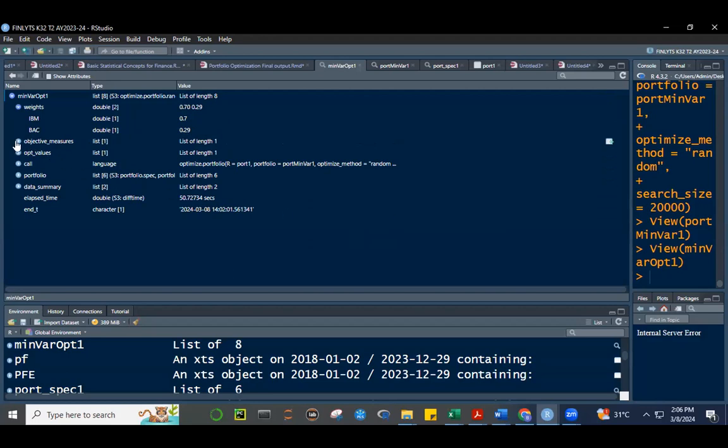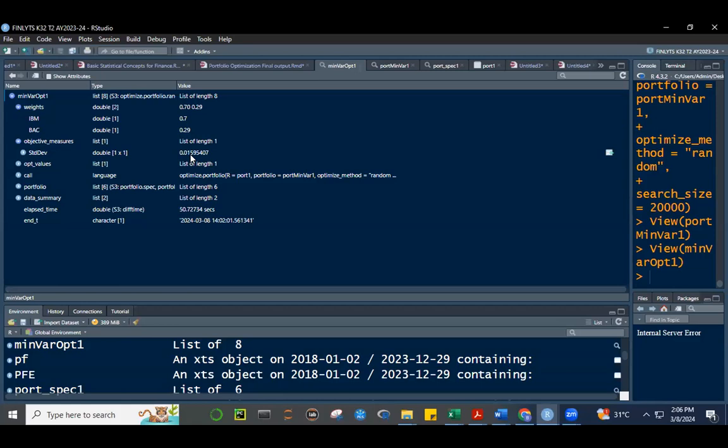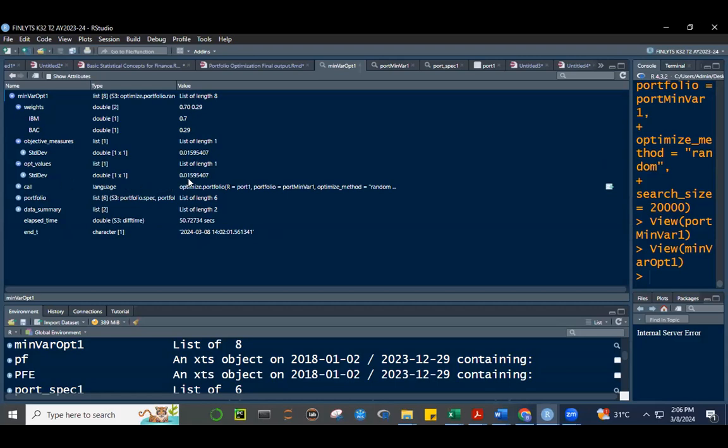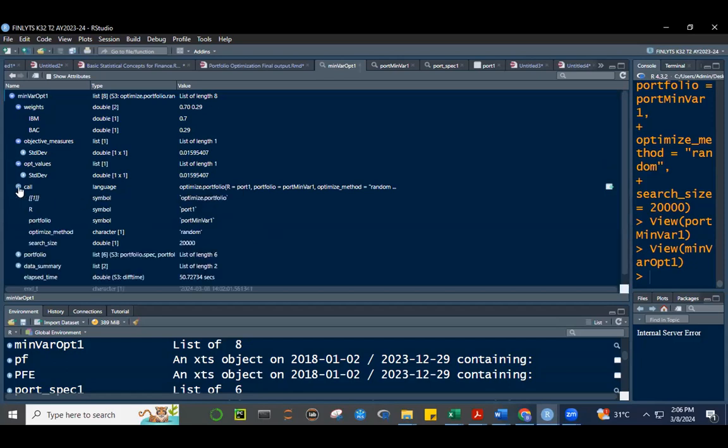Okay, objective measures. We know that this is standard deviation, and the standard deviation is 1.595%. Okay, optimal values here. So it's the standard deviation that was optimized, in particular minimized. So this is the minimum risk, and then this is the formula. 20,000 randomly generated weights, random method. Okay, optimized portfolio,